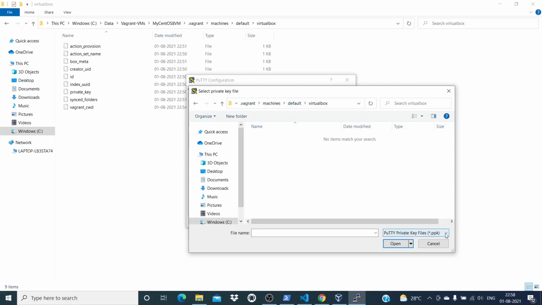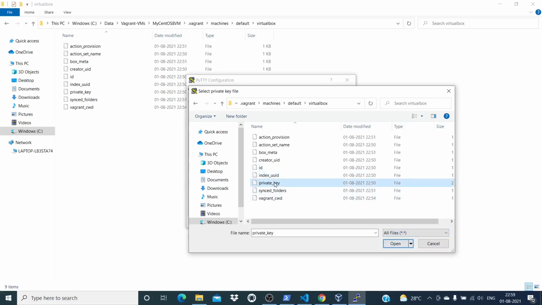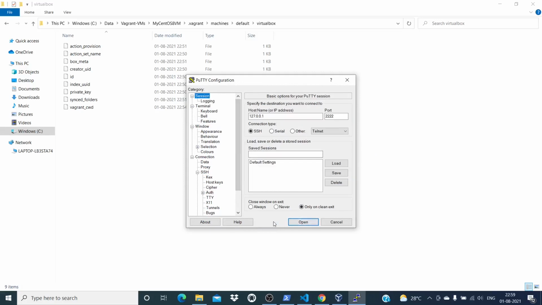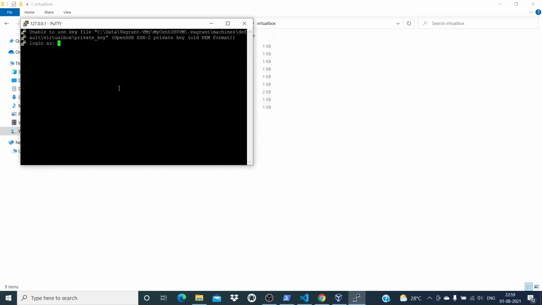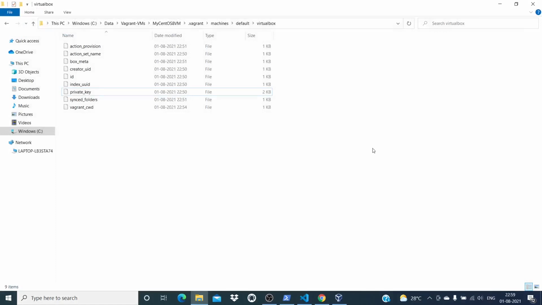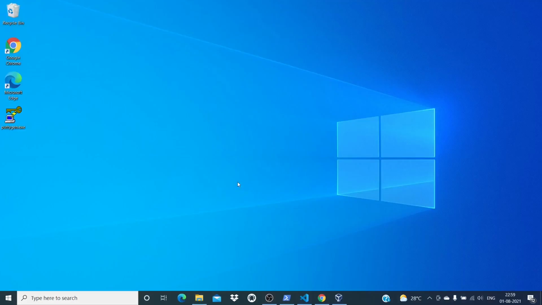Actually it is expecting a ppk file here, so let's connect with the ID. Will it connect? This private key is here. This is the SSH private key. Will it work? That's a question. Just guess, will it work or not? All right, let's try. It is already mentioning something on this terminal: unable to use the key file, and obviously it is not going to work. All right, so what should we do then? We have to convert this file into a ppk,